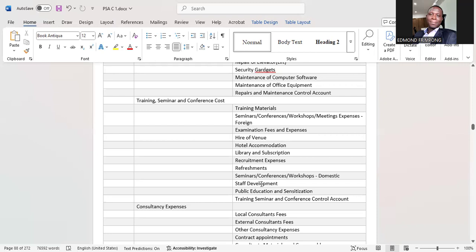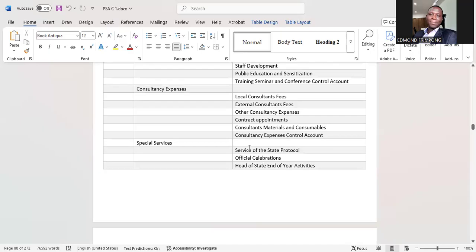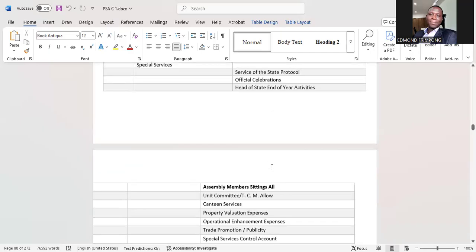All these things come under use of goods and services. Consultancy, so local consultancy fee, external contract appointment and all that, special services, official celebration, head of state, end of year activities,